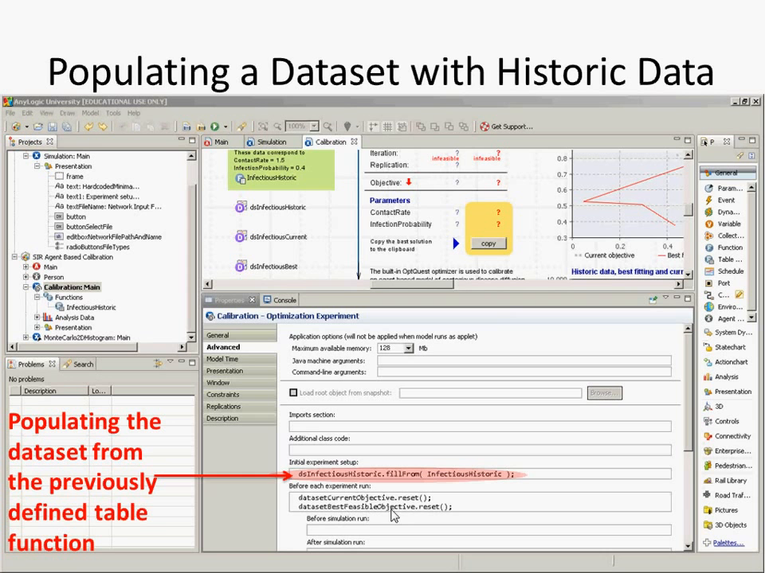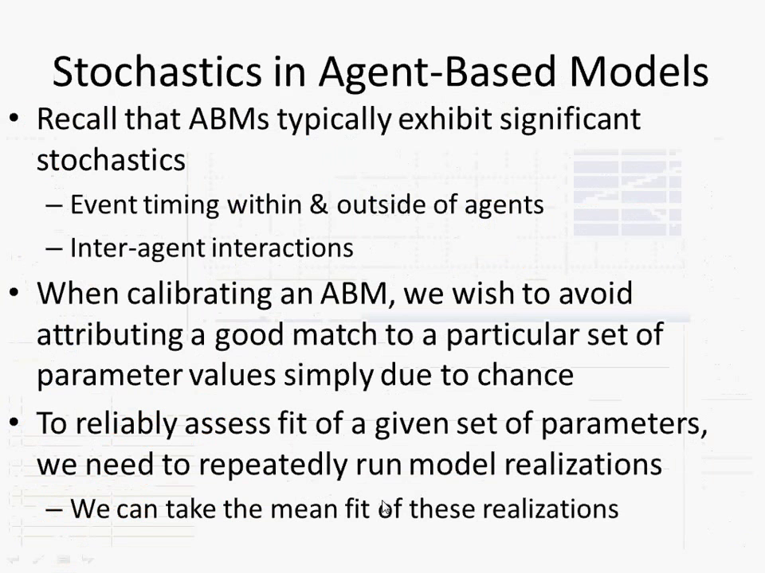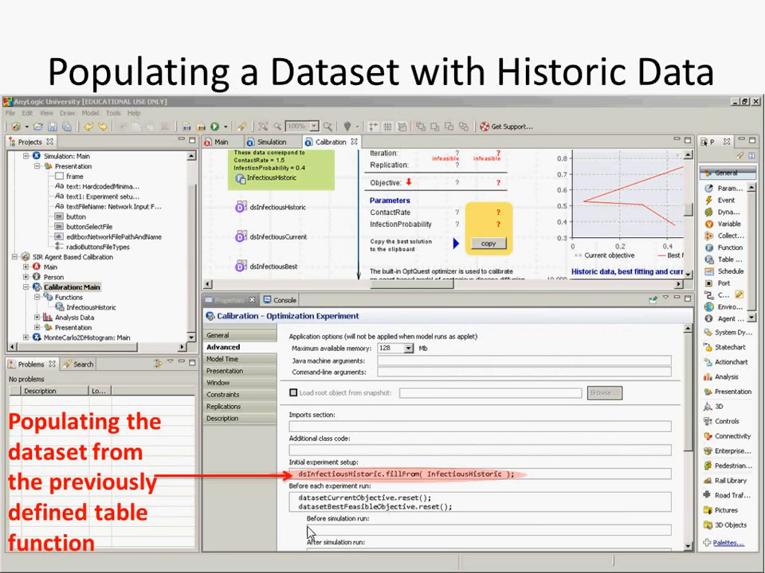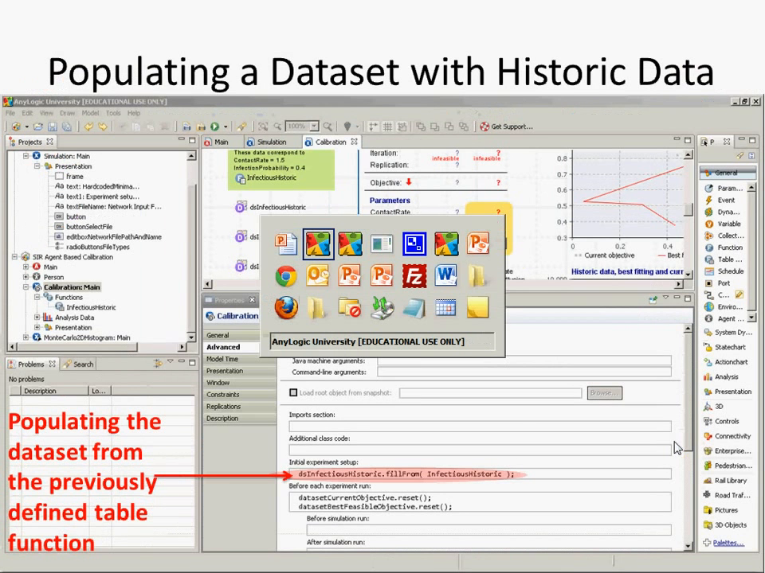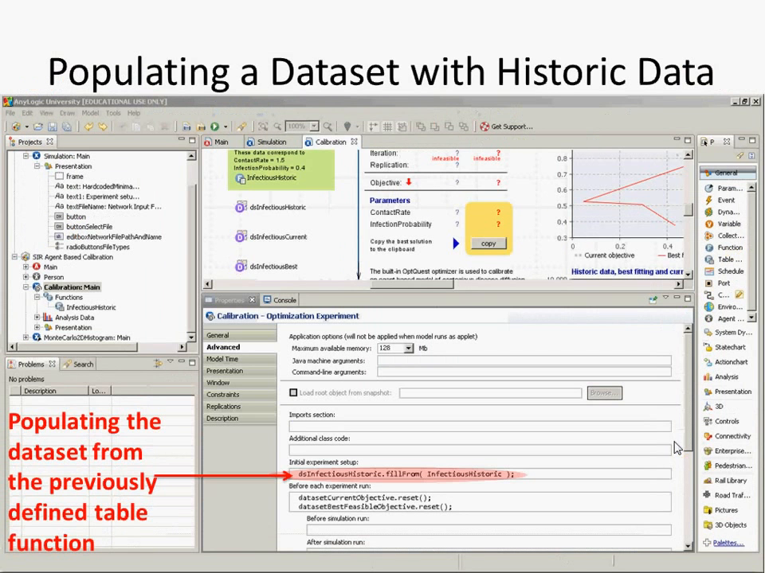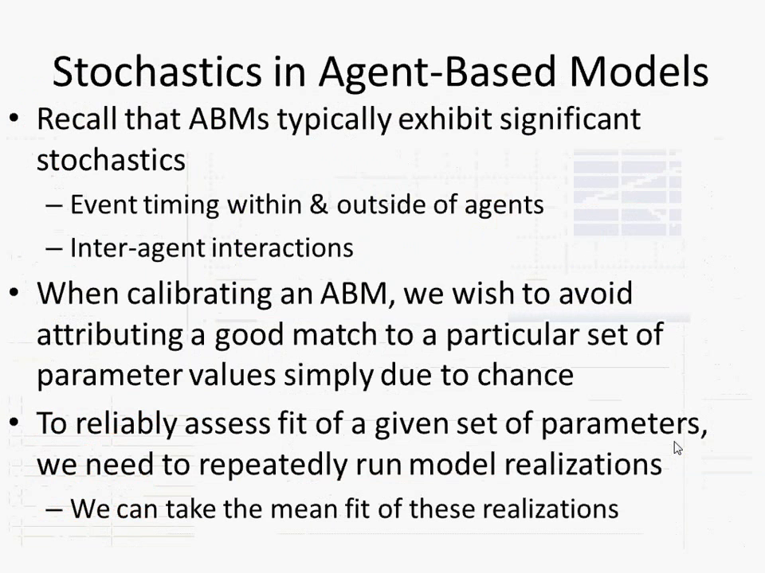And then what we're going to do is that it's going to be recording now for different replications the best value, and then combining those estimates for a given iteration, which consists of several realizations or replications. Okay, so you'll recall that ABMs exhibit significant stochastic